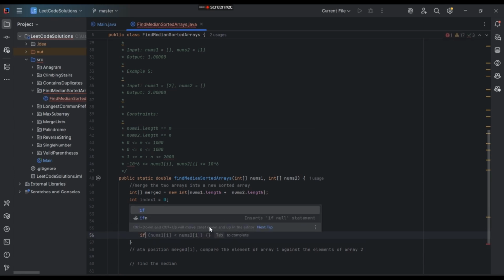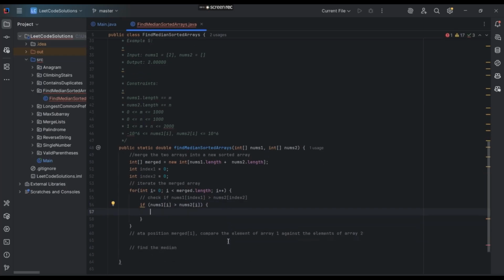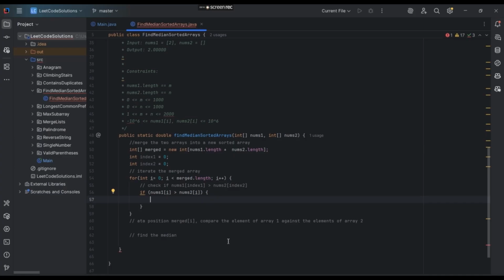So it's if, now we want to do greater than. If that's the case, then it means that this number is less than this, right? Then we want to say